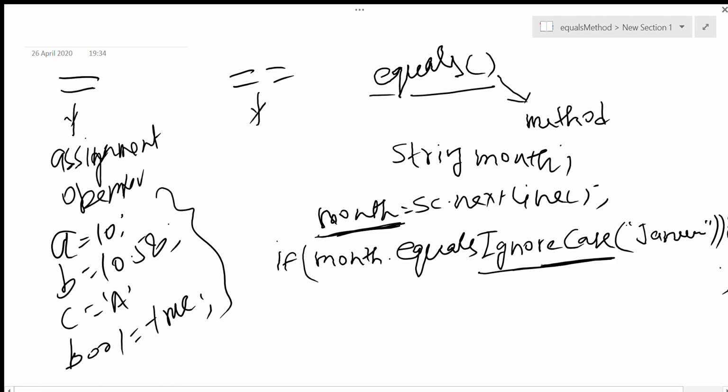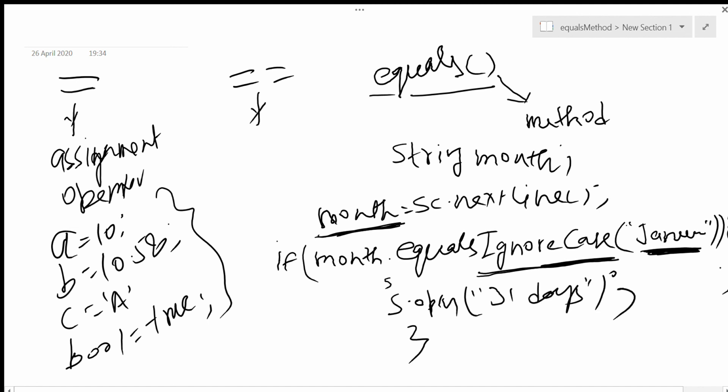That makes sense because otherwise we would have to be very precise and enter exactly the way we write it here in double quotes. So we can do that, and then write system.out.println 31 days. That's how equals is used.